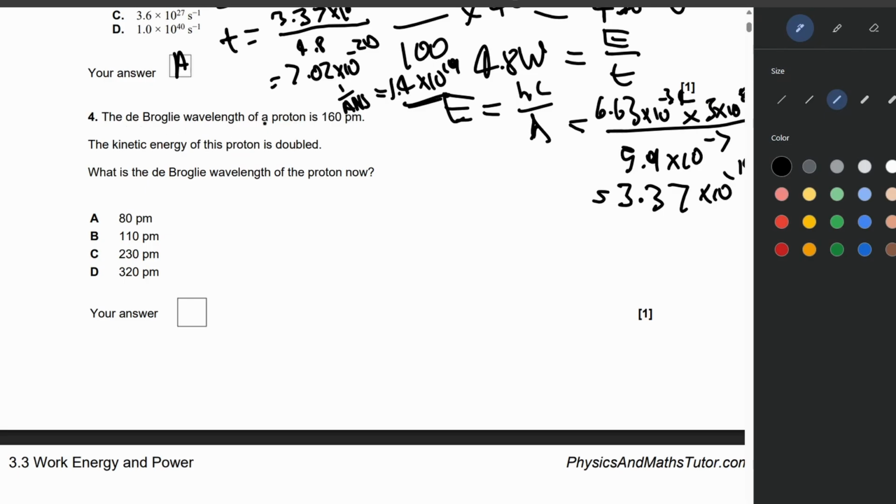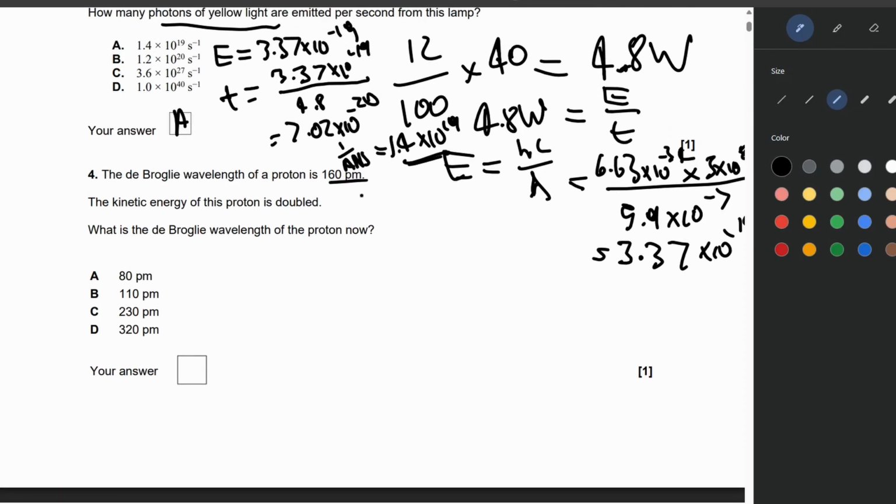The de Broglie wavelength of a proton is 160 picometers. Pico, I think that's 10 to the minus 12. The kinetic energy of the proton is doubled. What is the de Broglie wavelength for the proton now? The kinetic energy is doubled. The wavelength is 160. So 2E